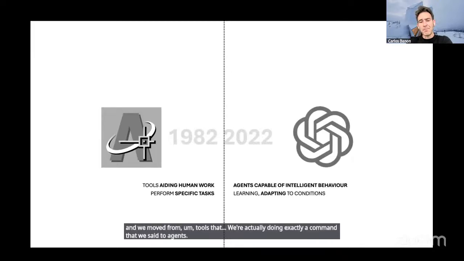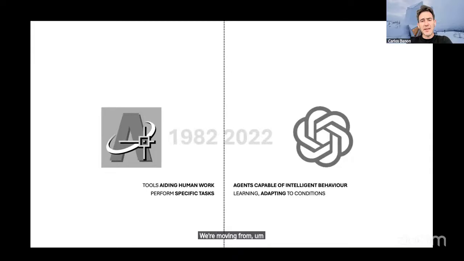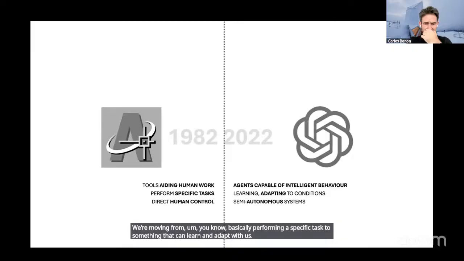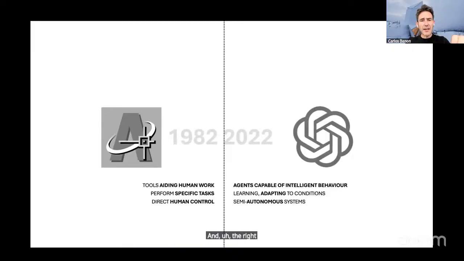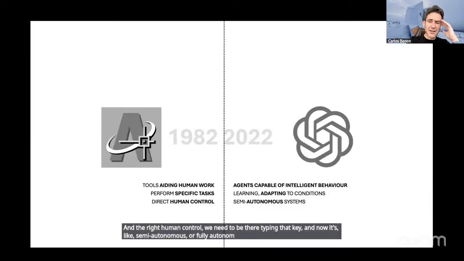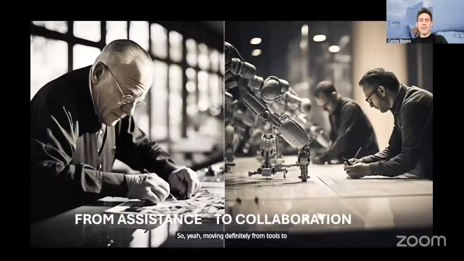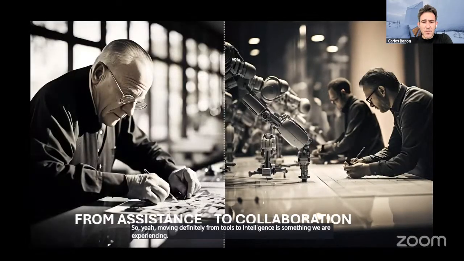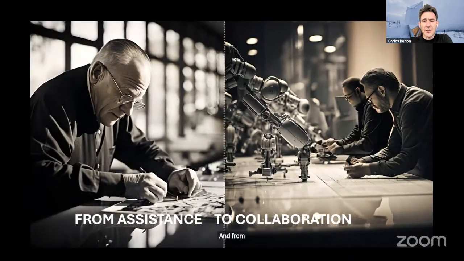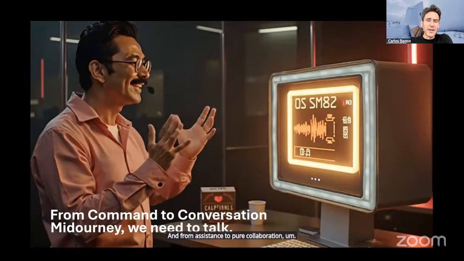We're moving from basically performing a specific task to something that can learn and adapt with us, and direct human control. We need to be there typing that key, and now it's like semi-autonomous or fully autonomous with the agents. So yeah, moving definitely from tools to intelligence is something we're experiencing, and from assistance to pure collaboration as we